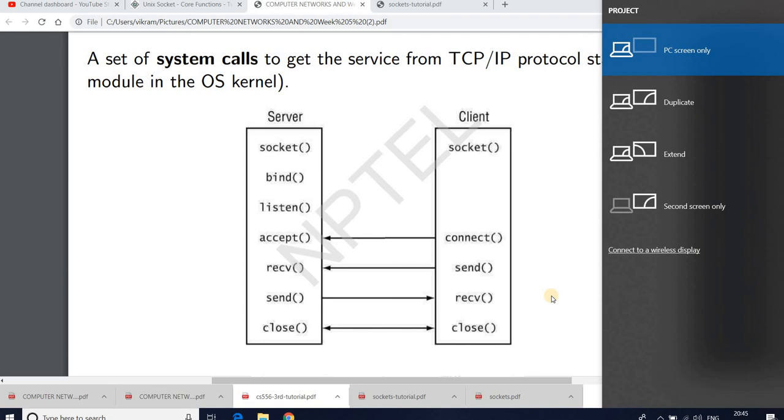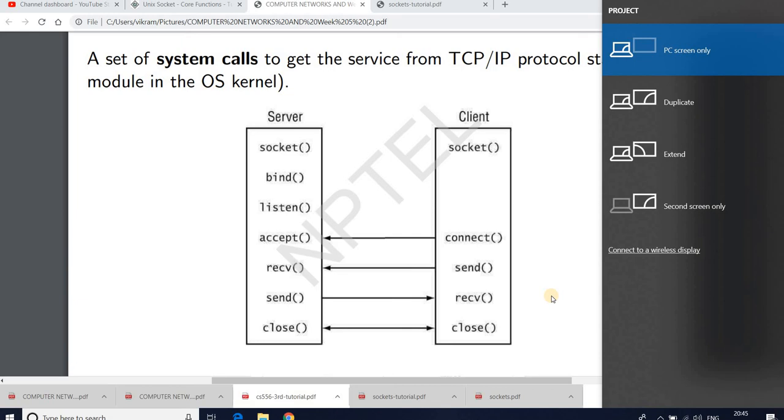Now once this connection is established, you can make the send and receive calls to send and receive data. Whenever you make a send call, it sends data to the other end, which can receive the data by making the receive system call.